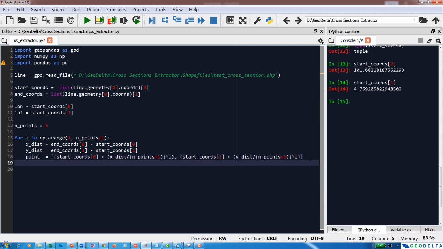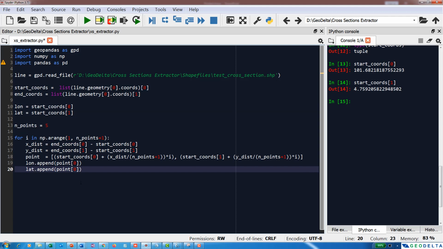So what I also would like to do is, since I have specified the starting longitude over here, I can just say lon.append, and over here take the longitude value during each iteration and just append it to this one. Similarly, I can take the latitude, append, and over here take the latitude value and append it to this one. Now I guess you kind of get the idea of what we just did over here,